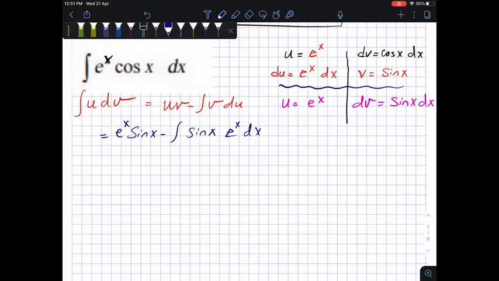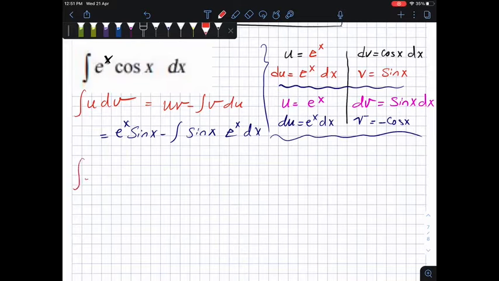Yes, so we have du equal e to the power of x dx, the same, and v is the integral of sine, which is negative cosine x. And apply the integration by parts for the second time, and don't forget, guys, to write the head of the question, which is e to the power of x cosine x dx is equal to e to the power of x sine x minus